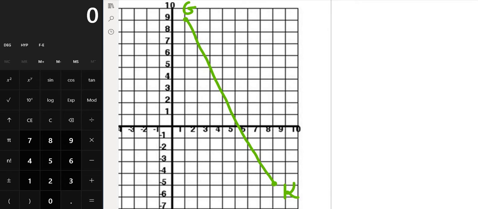Now we're going to create our right triangle. Once we've plotted it, our next step is to create our right triangle. Just like we do with the distance formula or finding the length of a line segment, you want to drop a line down and over. So I'm going to drop this line down, keep going, and then over. Once we've created the legs, step 2